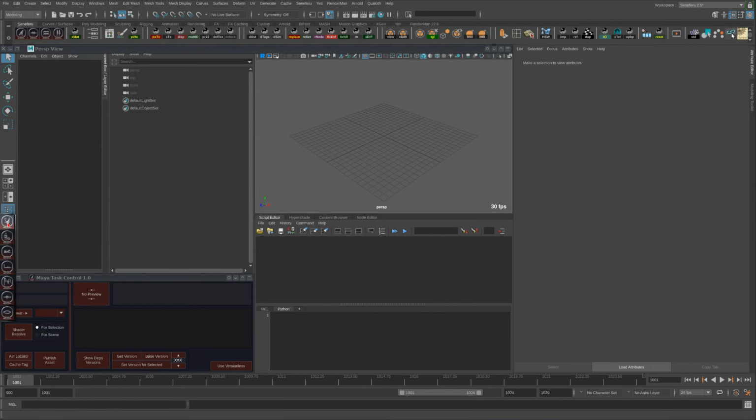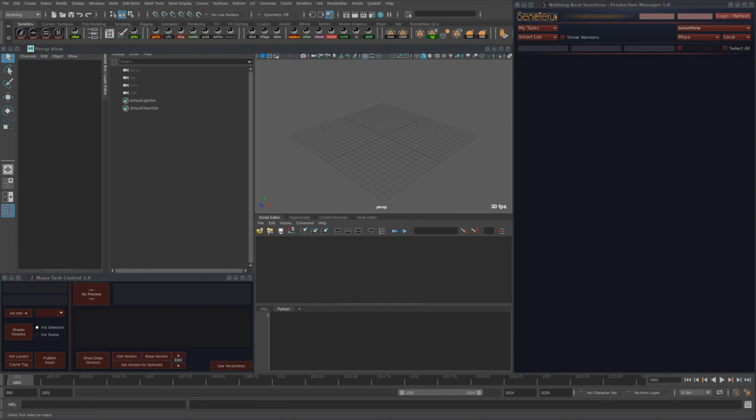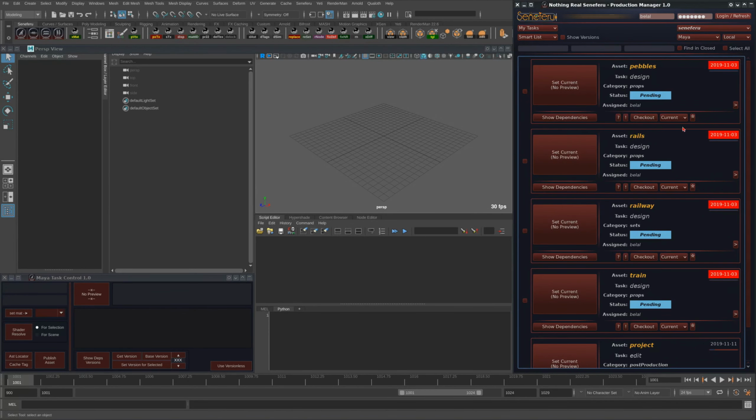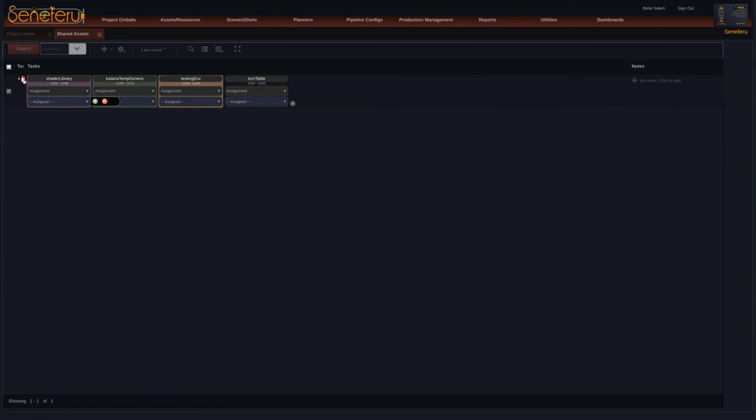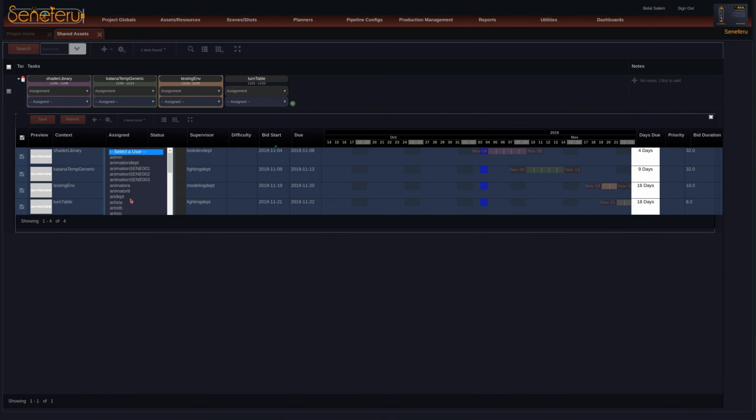I will publish now all the assets that ship with Seneferu. I want to publish the shader library first. I will log in here. First of all, you will not find the task of the shader library here before you set these tasks to pending, and I will assign them to me so I can